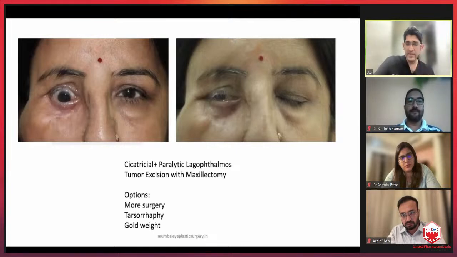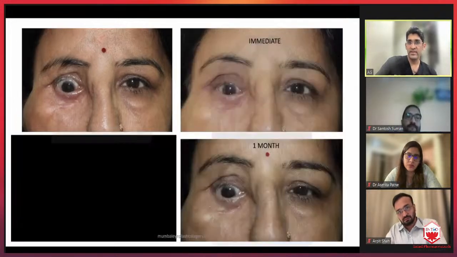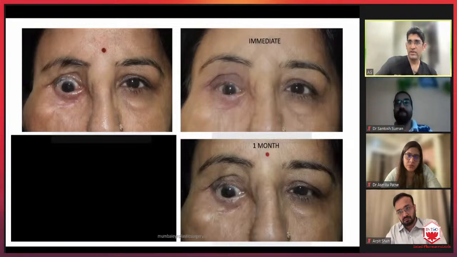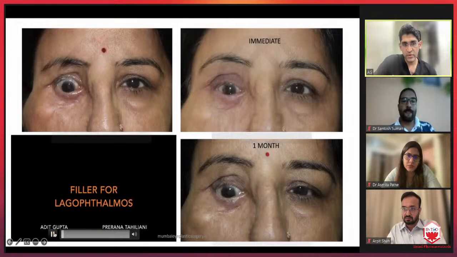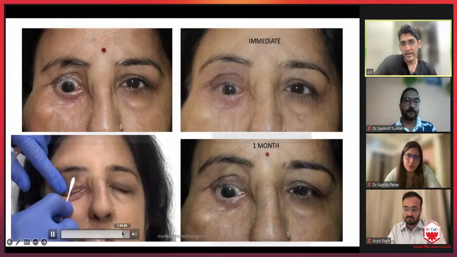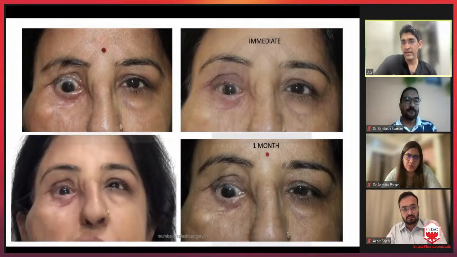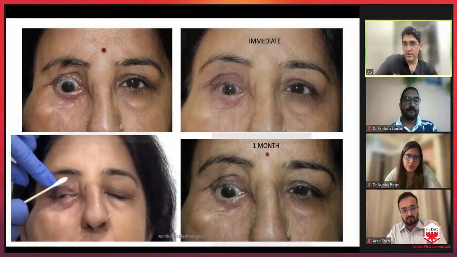Nowadays, we have been shifting to something called a mechanical tarsorrhaphy, where we use filler injections, which add weight on the eyelid to protect further when maximal tarsorrhaphy has been performed, as in this case, where a patient after tumor excision and ocular surface exposure, even after performing medial and lateral tarsorrhaphies, wished to have adequate cosmesis as well. So we did a filler injection for the upper eyelid, where we load the filler on the upper eyelid to reduce the exposure, and then you can spread the filler and have a lowering of the eyelid by 1 or 2 millimeters. So this is another tool which general ophthalmologists can use.